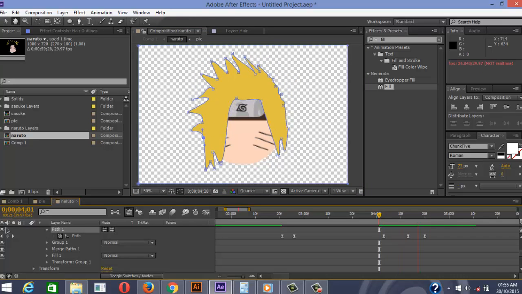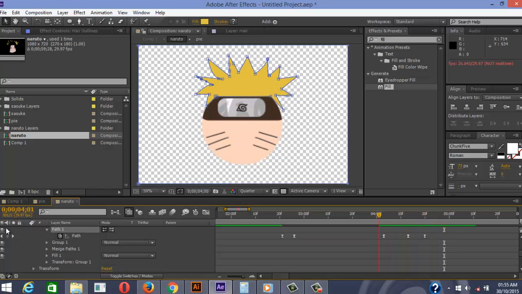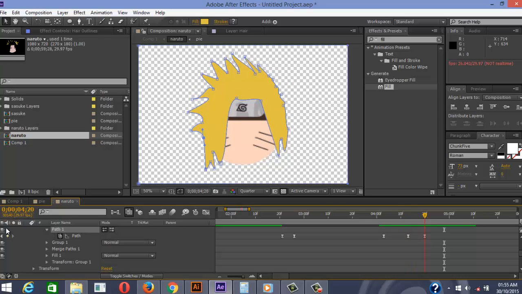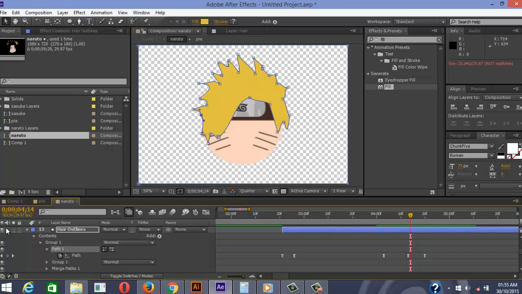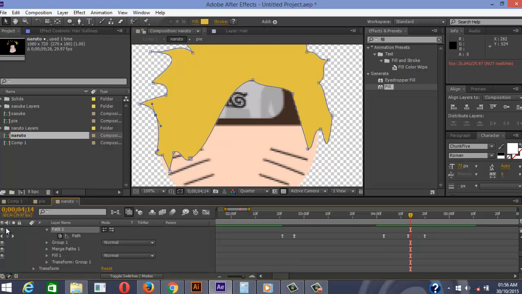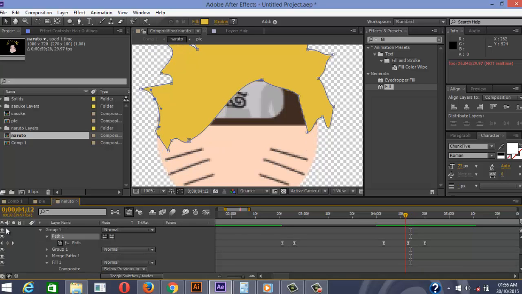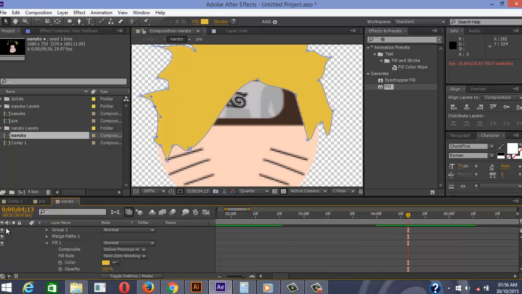Alright, so this is now what we have. The next step is to try to change the color to black as it transforms to the other style of the hair, as the hair transforms. So maybe at this point we'll go to our fill, alright, go to our yellow color,